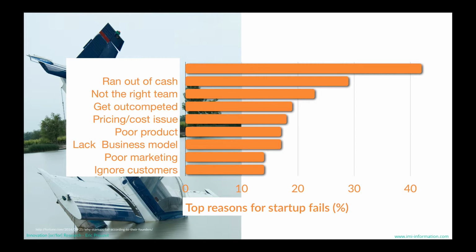And there were different reasons. They ignored customers, the marketing was poor, they didn't have a good business model. It's not a business plan here, you see, it's a business model. Their product didn't deliver the properties, the quality they were expecting. They had a serious issue with the pricing over cost ratio, or maybe the competition developed a new solution that outbid them. The team was not the right team for the project, and they ran out of cash before being able to do whatever.